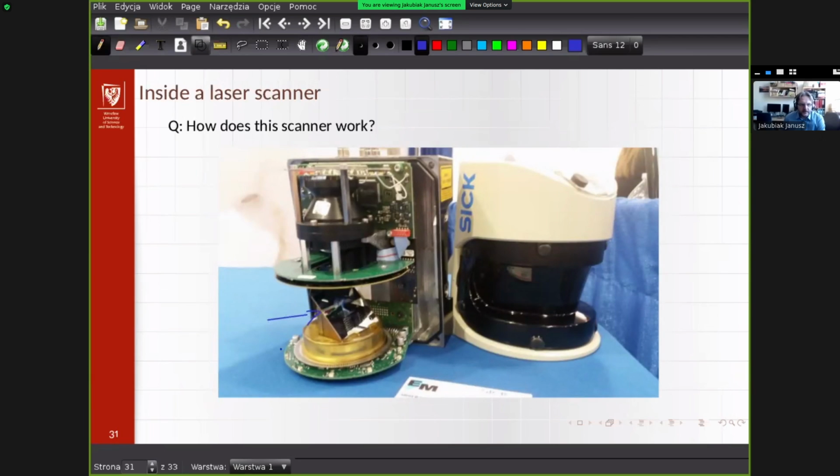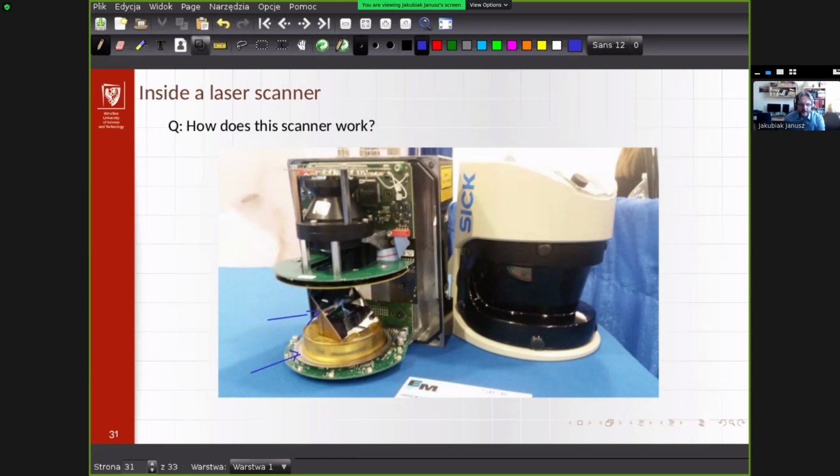The mirror is rotating, and you have the motor that is rotating the mirror. And if you want to recall our previous lecture, here you will have the plate of the standard optical encoder. So that will be a metal plate with the holes in it. I hope you can see it, that stabilizes the velocity. So the mirror rotates always with the same velocity,